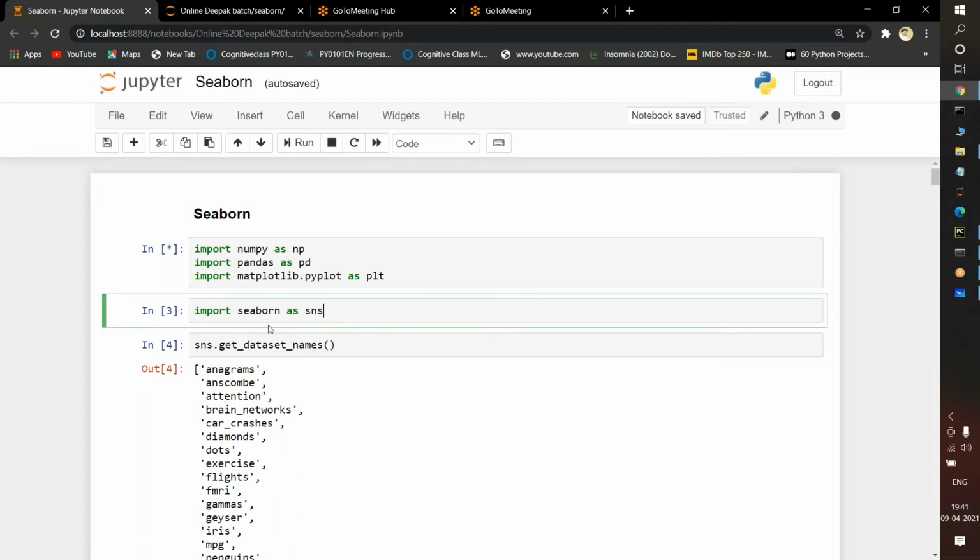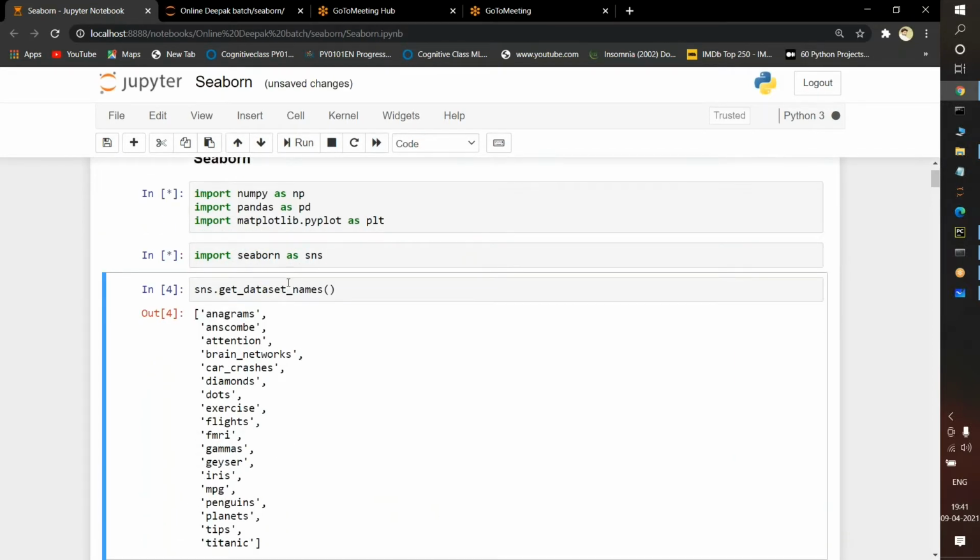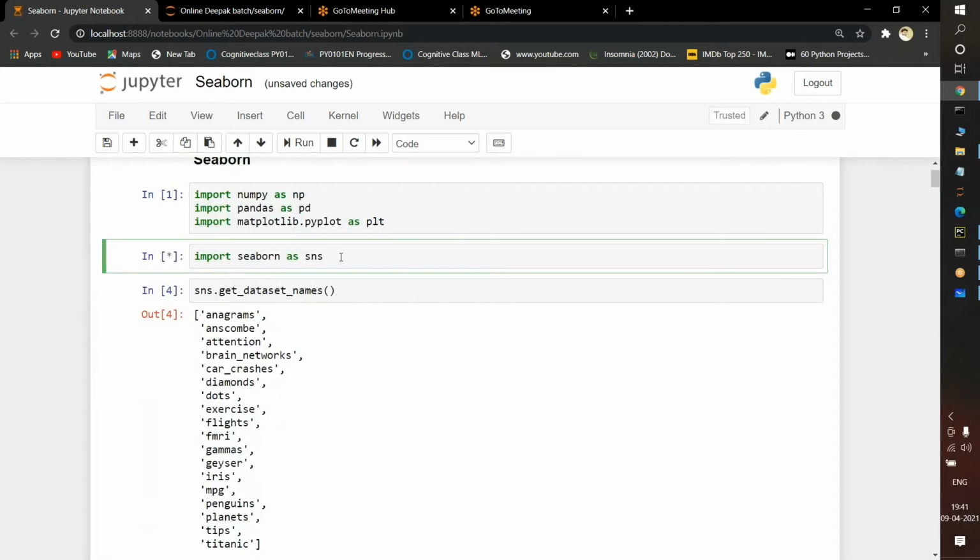In the same way, I'm also executing Seaborn. It is taking some time for execution, there is no problem. I'm also executing the second cell. See, both are in the process of executing. So the first cell has been executed successfully, and it is now going to check the second cell.